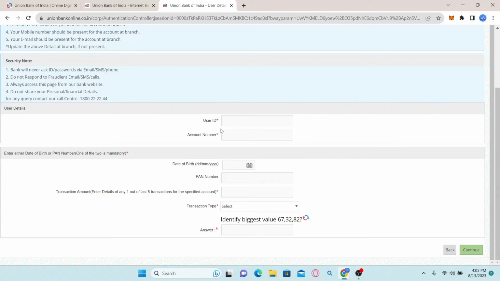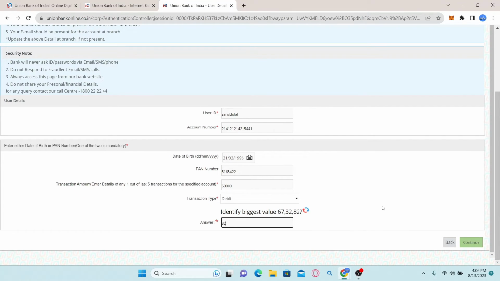You will then be asked to enter your account credentials. Simply type in your user ID followed by your account number and then type in your date of birth. After typing in your date of birth, enter your PAN number and then type in your transaction amount. Select your transaction type and then answer the given question. After typing in the correct answer, you can click on the Continue button, and then you might be asked to